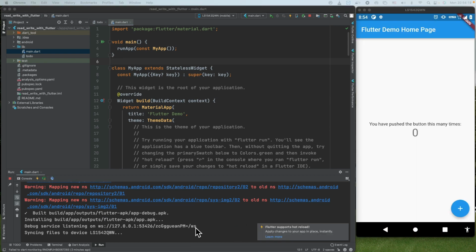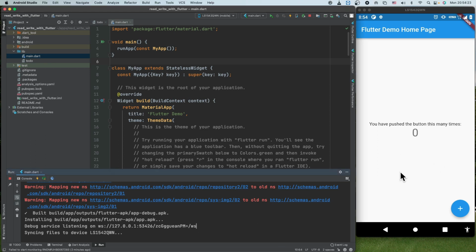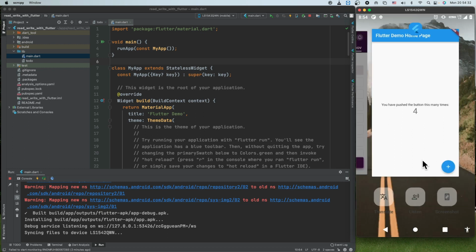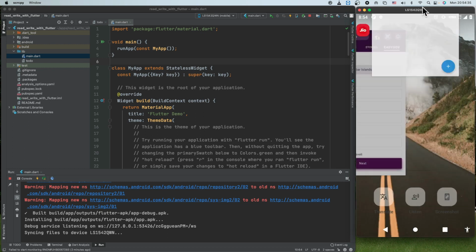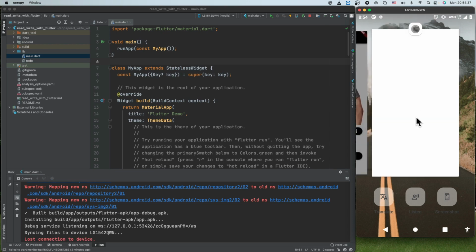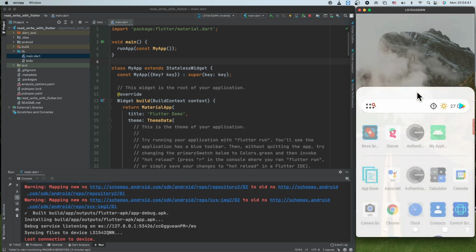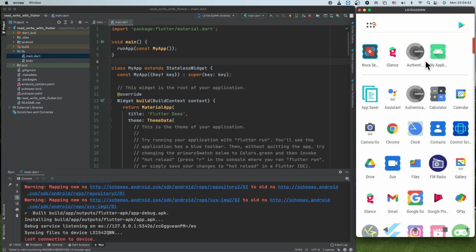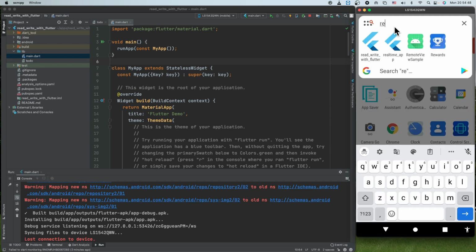Okay, so what this application does is that when you click on the plus button, it increments this counter. And now if I kill this application and I try to relaunch it, the application name is read write with Flutter.